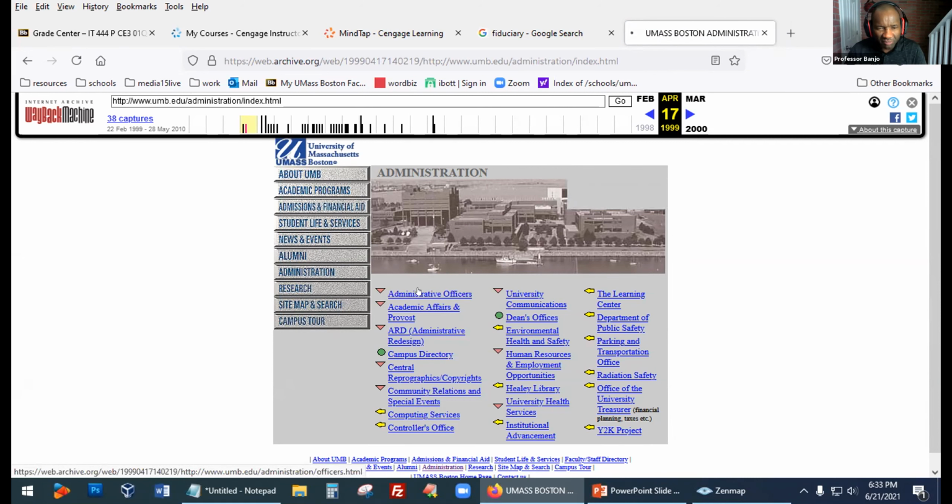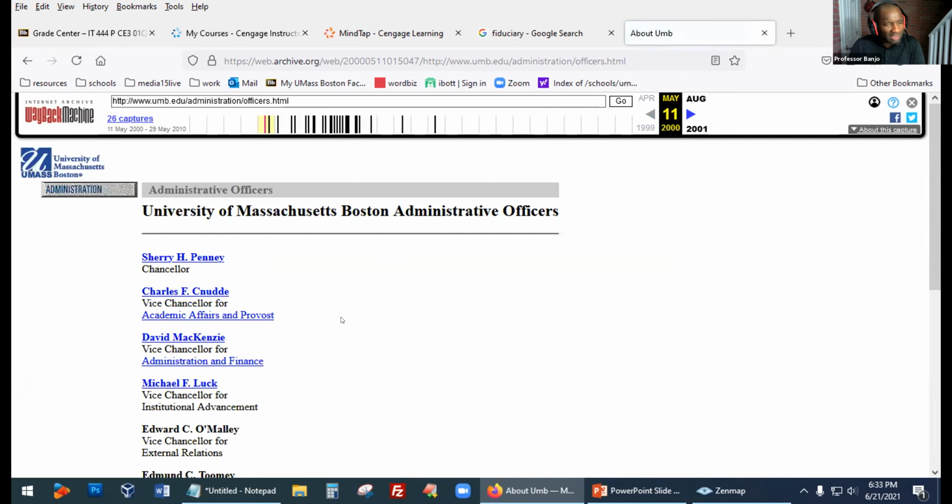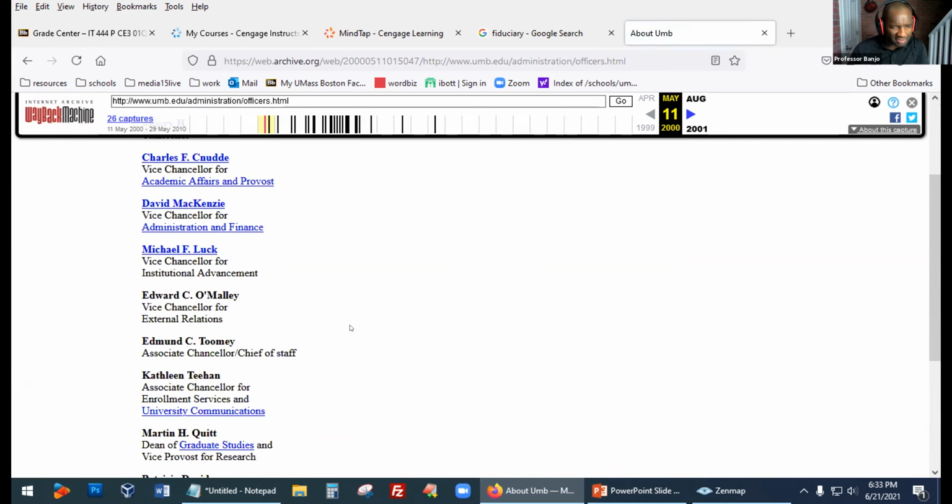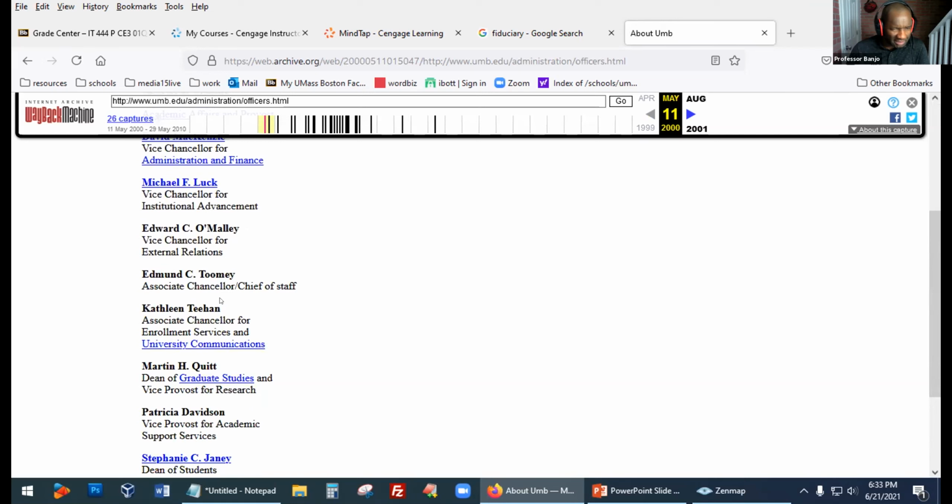So you go on administrative officers here. Let's see what we can find. Okay, so it gives us some names. Oh, wow. So, from the mindset of an attacker, for example, I'm just going to pick one at random. There's this Edmund Toomey, who was Associate Chancellor, Chief of Staff. So how about I grab that information,